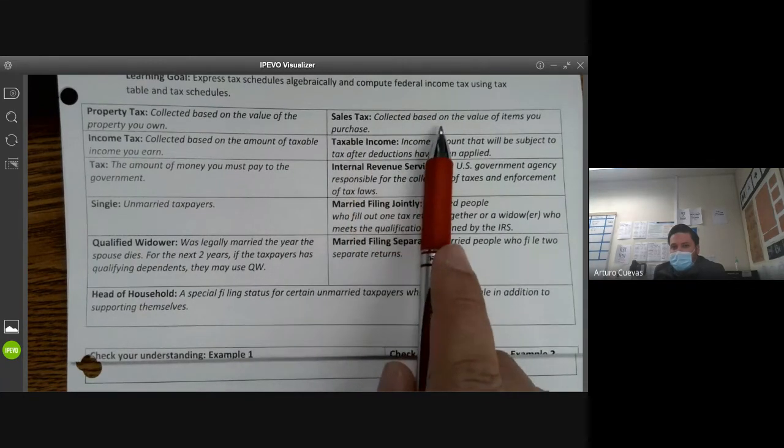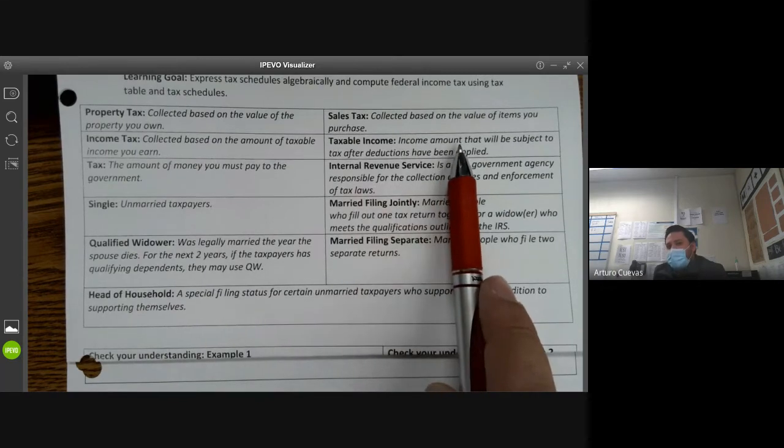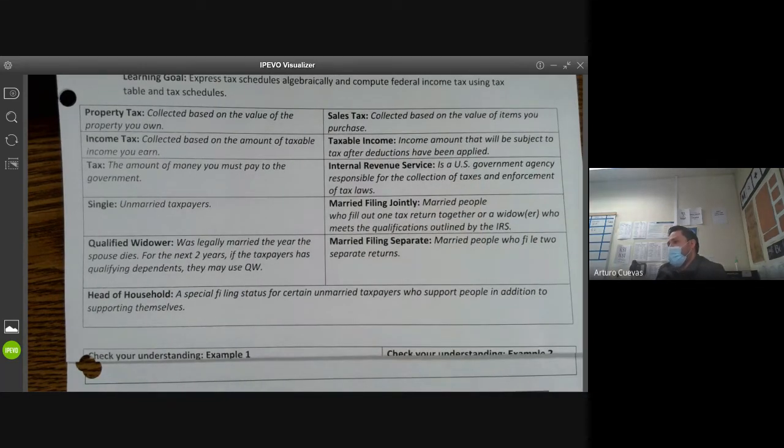Sales tax. Okay, whenever you buy something, taxable income is money that you make, and it's only taxable if you're not using it for things like school or charity. So if I make $100,000 a year, technically I'm supposed to pay 25% of it in income taxes. But if I tell the government, hey, out of that $100,000, since I believe in Jesus and everything, I donated half of that to church, so I only made $50,000 and gave $50,000 to church, then the government's going to say, okay, fine, we're only going to tax you on $50,000. So you're going to pay less taxes if you made a lot of donations. Do a lot of people lie? Yeah, a lot of people lie and say that they donated to church when they didn't. Yes.